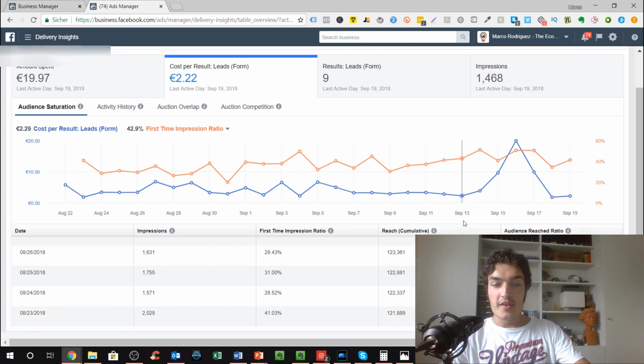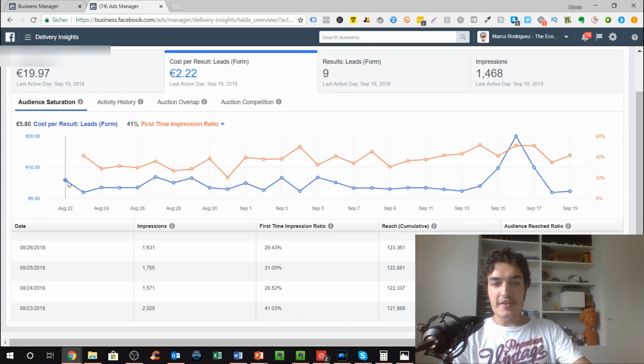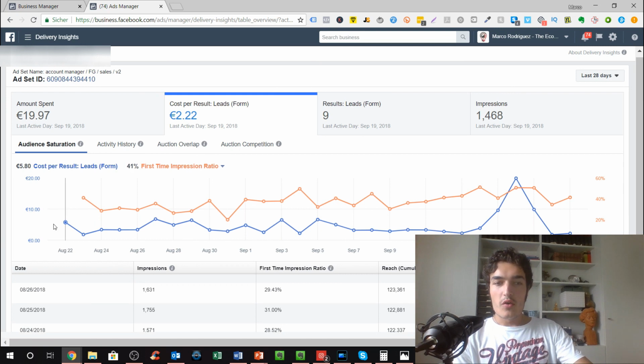ratio at this point. Normally what we see here is that the first time impression ratio goes down over time until it reaches like 5%, 10%, and at the same time the cost per result goes up. So normally it's like this, cost per result going up, first time impression ratio going down, and very often it's exactly like this. However, in this campaign here, it's kind of a mess, right? It's not a real trend that occurs here, but still very interesting to see how these two metrics stand next